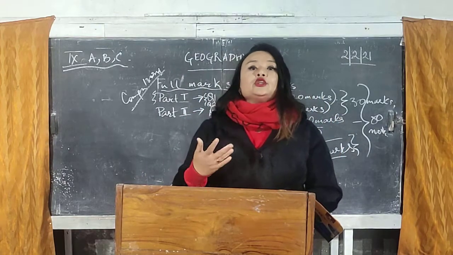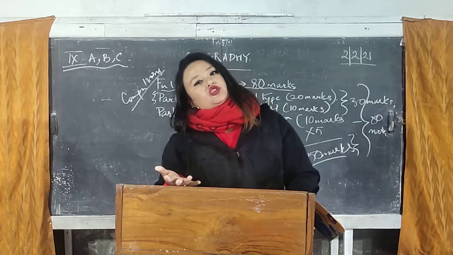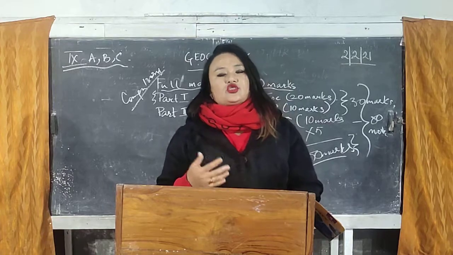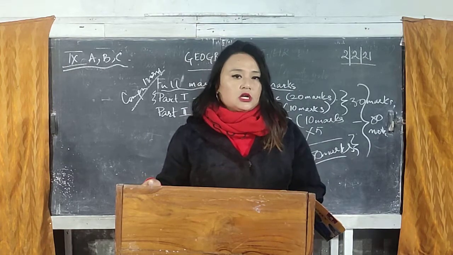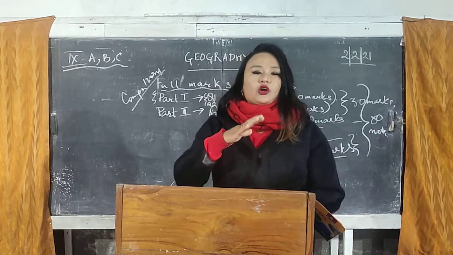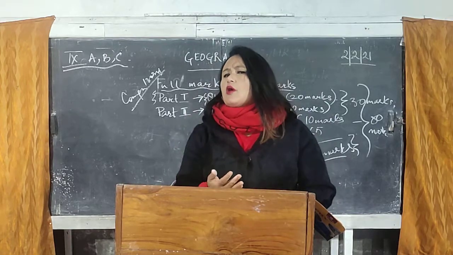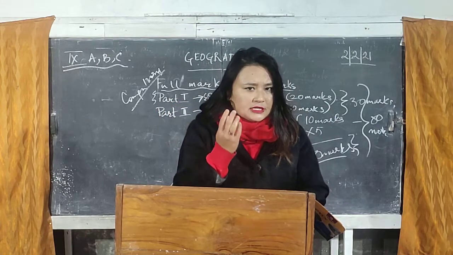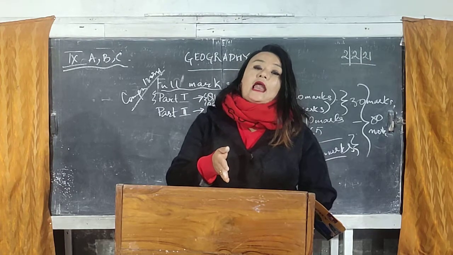Now the second unit basically talks about the structure of the Earth, and the first chapter, as the name itself says, is Earth structure, where we will be highlighting the different layers of the Earth. We will talk about the outermost layer, the crust, your lithosphere, then the mantle, then the core, and we'll be highlighting their significant features. Apart from that, the second chapter under the second unit would be landforms on the Earth.